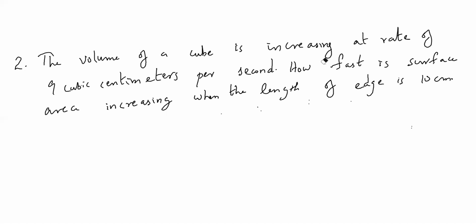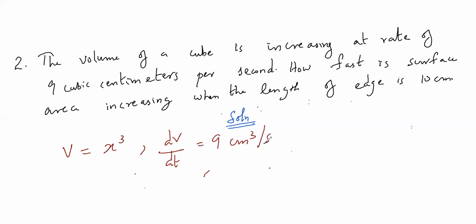So guys, don't worry about this question. First thing is, write in solution, you will automatically get it. If you just write in solution, automatically solution will come down to you. Okay. Volume of a cube. Correct? So I'm just putting it as what? Volume of cube is x cube, or side cube, a cube or whatever you want. The volume of the cube is increasing at the rate of 9 cubic centimeter per second. So what does this mean? This means my dV by dt, correct? Volume is 9 centimeter cube per second. That's what they've given in words.